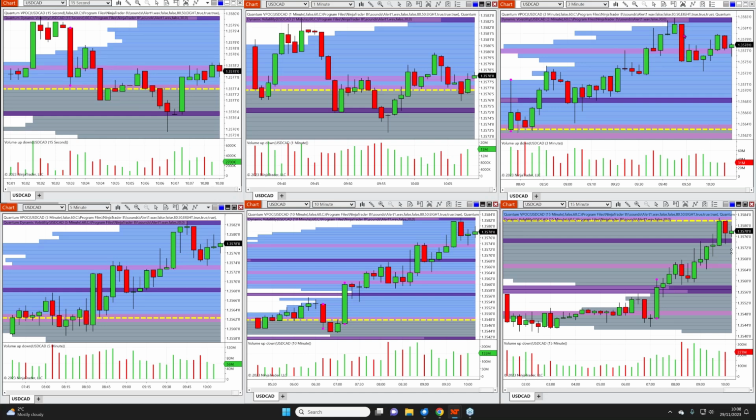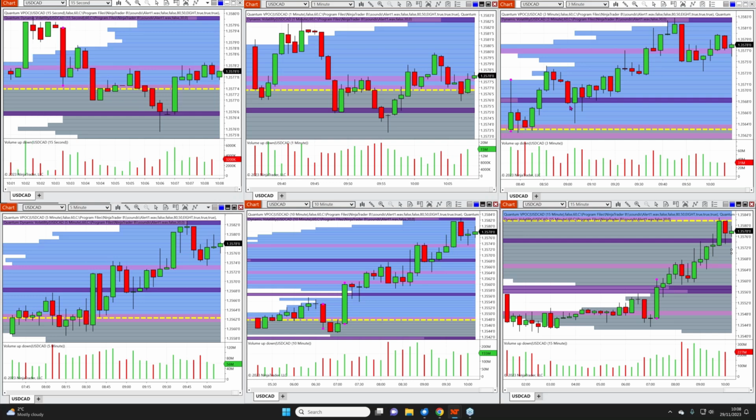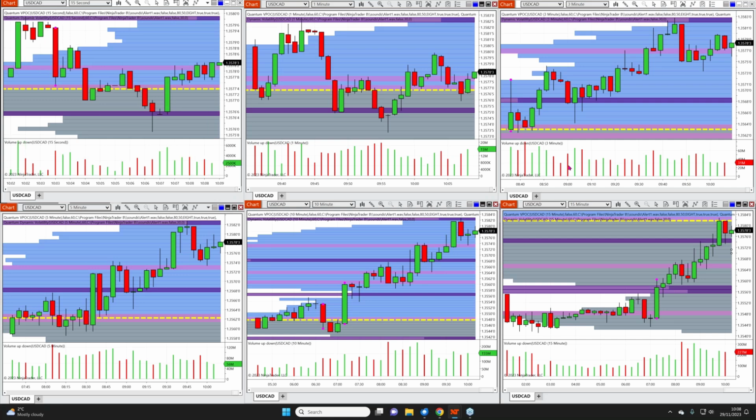Why? Because for such a widespread down candle, that volume doesn't look in agreement. It should be much taller. Why do I say that? Because if I hop over here to this candle, if we take that as our benchmark candle and say, yep, let's assume that this is price and volume in agreement, we're going to use that as a benchmark, and there's no reason not to, because we're in a standard session here, we're well into London by an hour, and everything's just ticking along, so there's no reason not to take it as a benchmark.